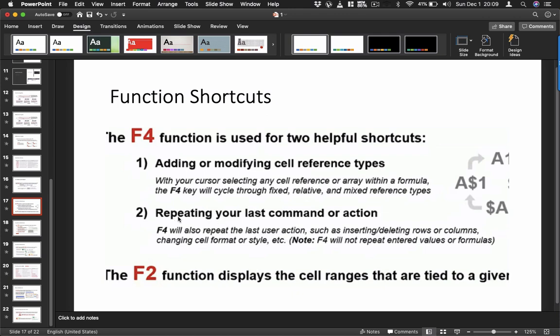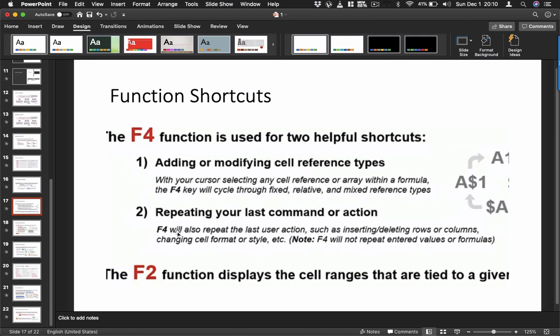Or the second one is it might repeat the last action. So if you don't want to execute the same instruction again, you could use the F4 key. Okay. Next, we also have here the F2